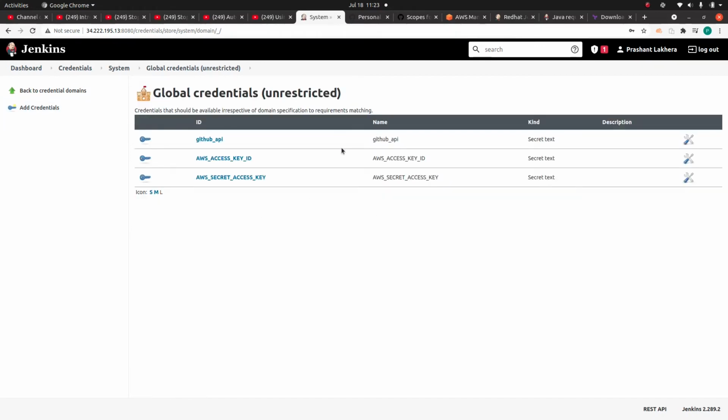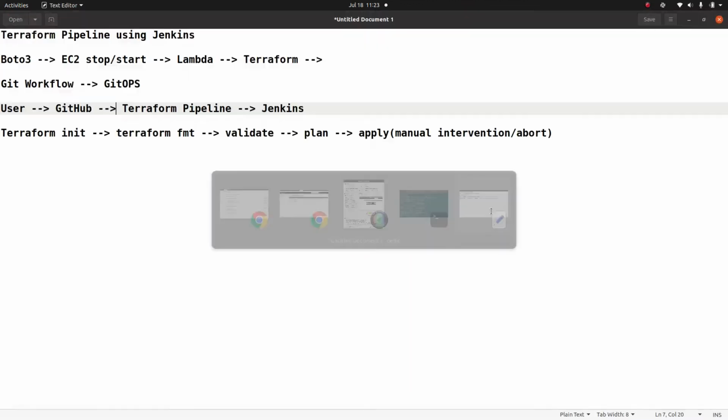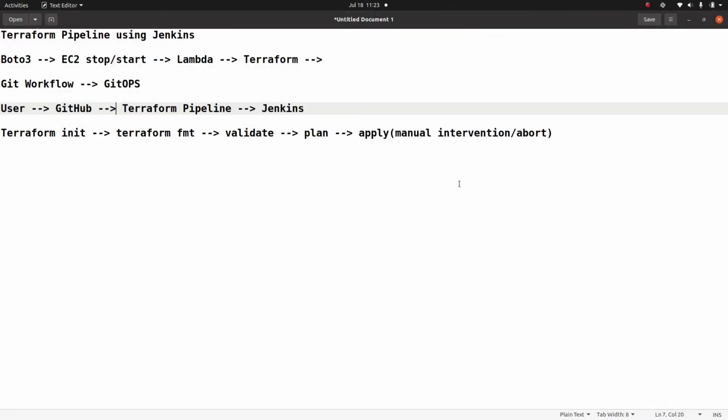So what exactly are we trying to do here? If you remember in the last video, Boto3, we all know it's a Python module for AWS. Once this Terraform pipeline triggers, it is going to create some resources in AWS.